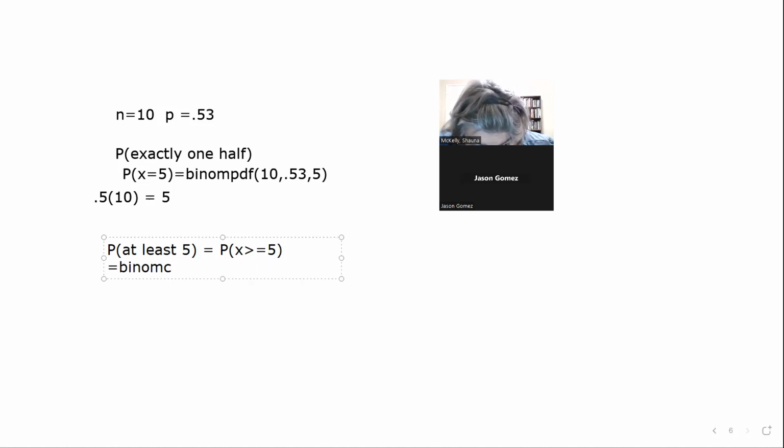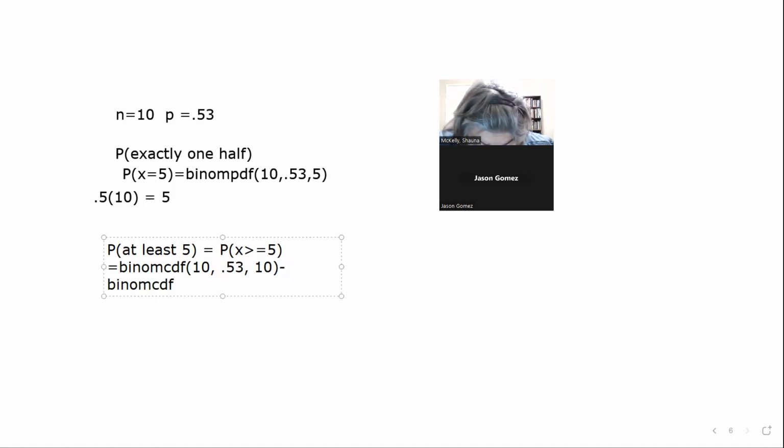CDF, sorry, binom CDF. This is 0.53. And I'm sorry, I forgot my N. N is 10. 10, 0.53. And I have to go all the way up to my maximum, which is 10 people. Right? Now I'm going to subtract, as you said,